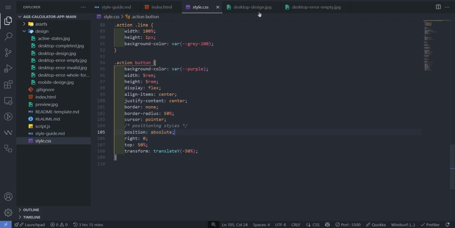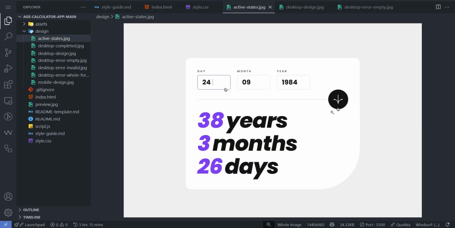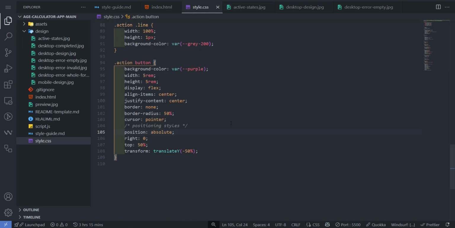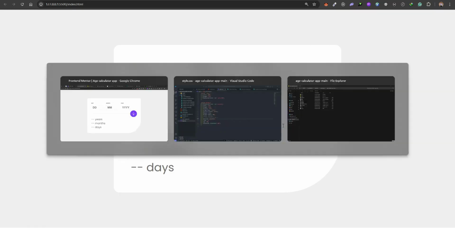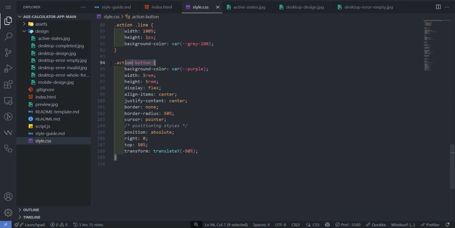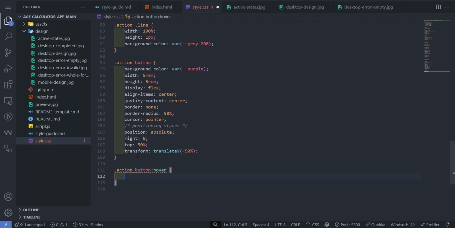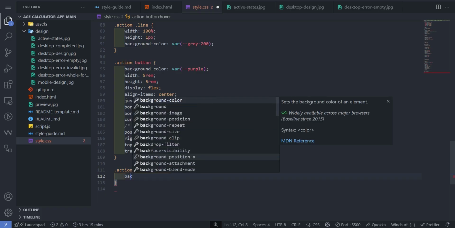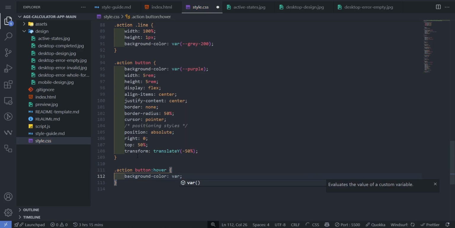But before we move on, we also have the active state for our button. So on hover, it should be black. If you look at it, currently we don't have any hover property. So what we're going to do is copy this and use a pseudo-element and say hover. And what do we want to do? We want to give it a background color variable. The variable is going to be our black color. If we save that,